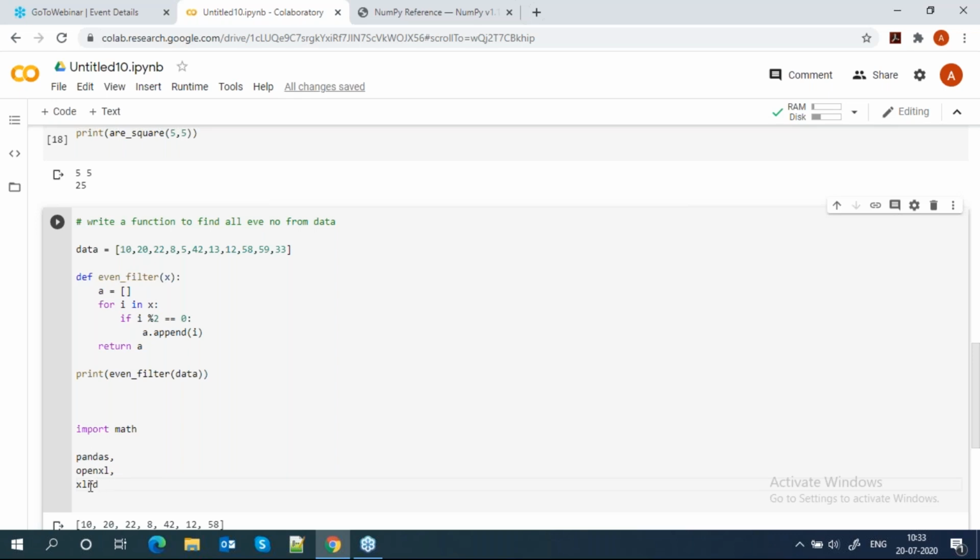We will cover all these libraries also: Pandas, XLRD, NumPy, SciPy. Can we also create our own library for our own project? Say, for example, I want to use 20-30 functions continuously, so I copy those functions and create my own library. Of course, you can create your own library, your own module, and you can use that in your project.